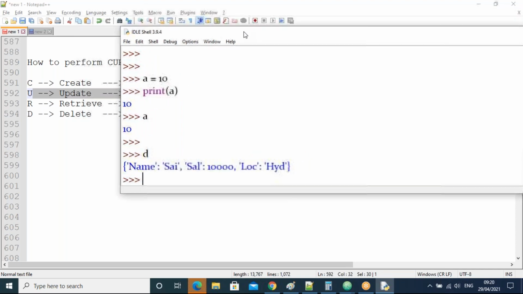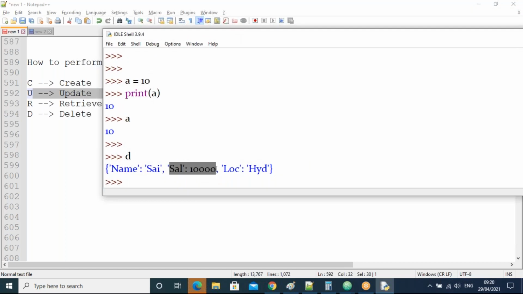See, I want to update the value of salary, guys. What's the value currently? 10,000 is there. Now I want to update the salary from 10,000 to 20,000. Again, two ways are there.